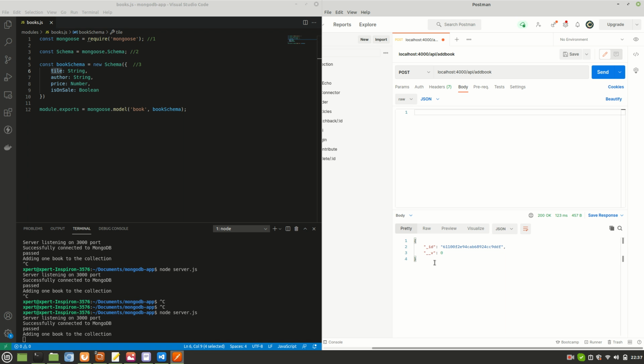Did you notice something? We just saw what happened here. While we are fetching the data, the schema doesn't matter that much. But whenever we are trying to insert the data, it first validates the body against Mongo's schema. If it finds it good, the data is inserted, or else the whole body is rejected. So that's why schema is important. It decides the model, it decides the structure of your document.